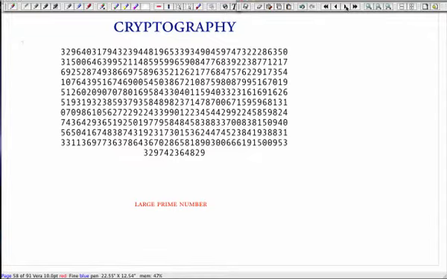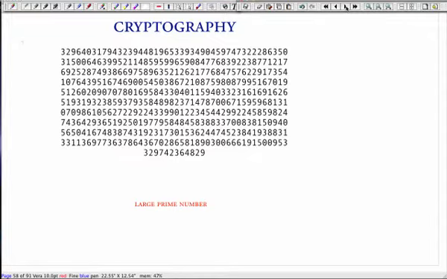8 times 8 is 64. 9 times 9 is 81, and so you don't need to consider any numbers beyond the square root, essentially. So that's called the sieve. If you want to check whether a number is prime, you can just try all of the factors up to its square root. And if none of those are integers, then you know the number is prime.